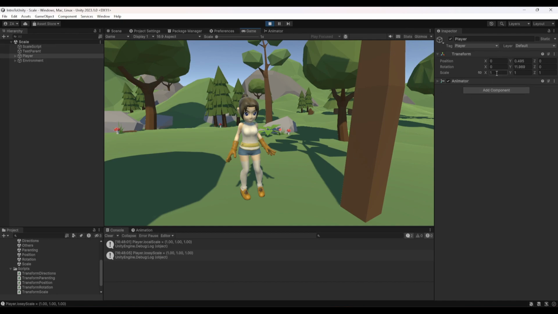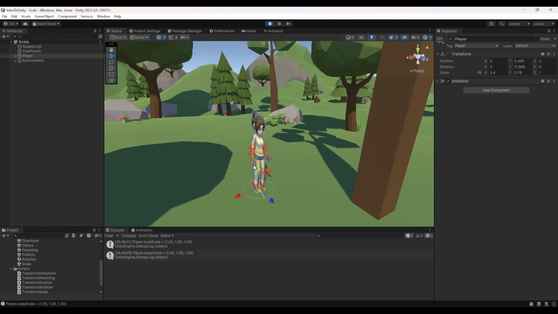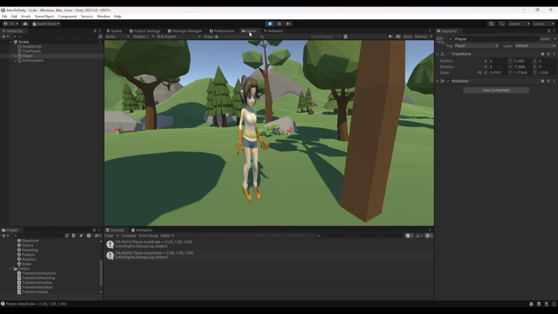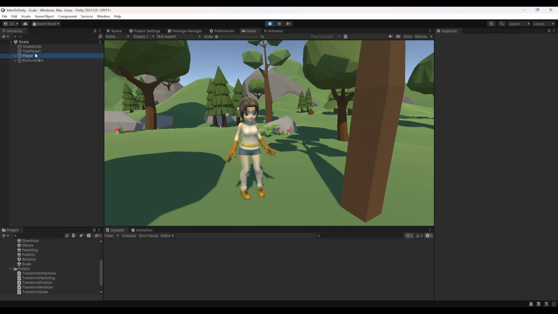So if we go ahead and change the scale slightly in here, and you can also change it if you go back to the scene and then select the scale tool and change it as you want in here. Going back to the play mode, if I click 1, I get the values exactly as I have them here. So let's revert this back to 1 and 1,